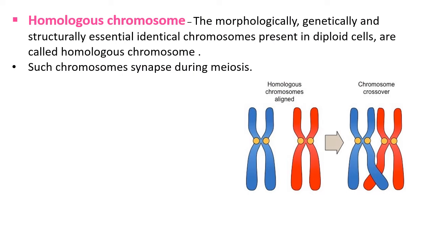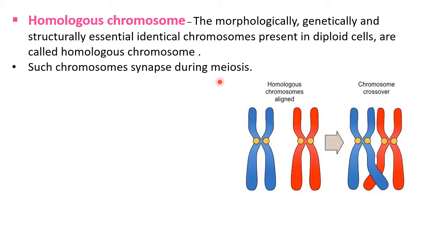Now we will study the term homologous chromosome. The morphologically, genetically, and structurally essentially identical chromosomes present in diploid cells are called homologous chromosomes. Such chromosomes synapse during meiosis. Now you know that